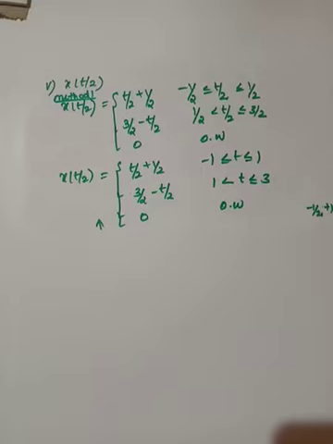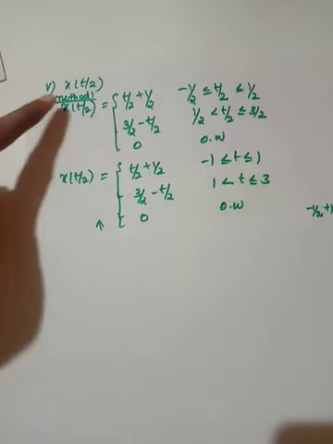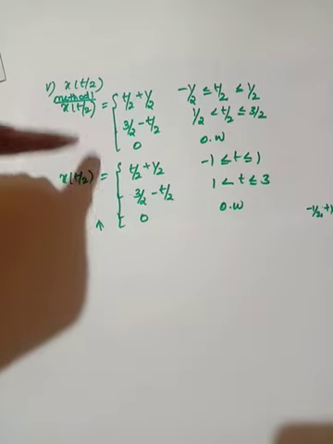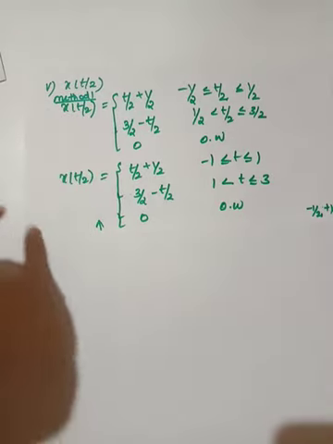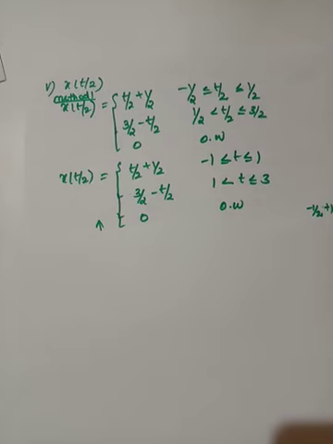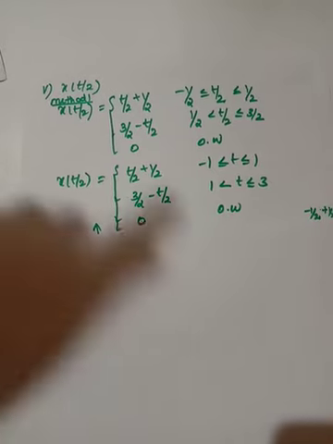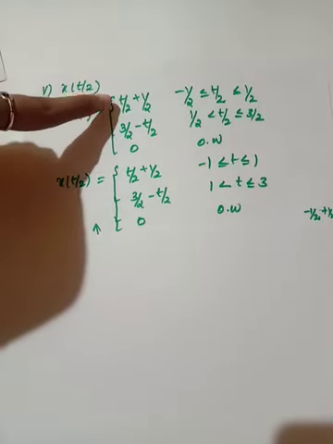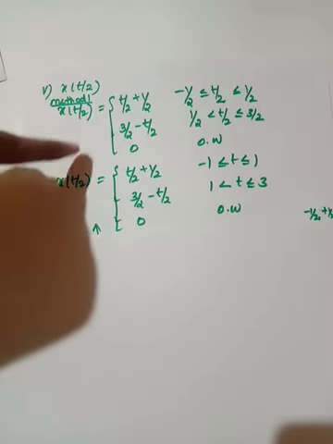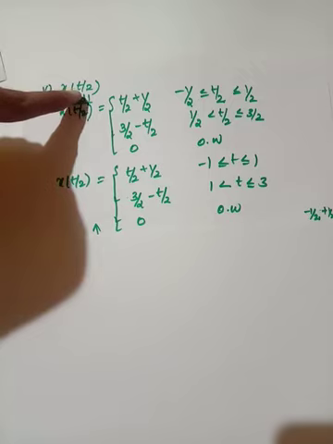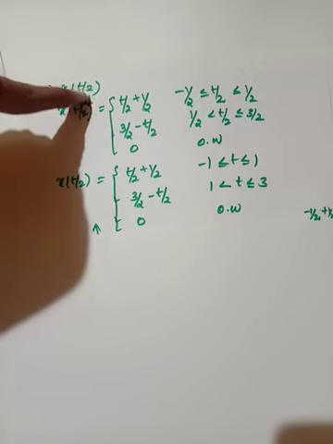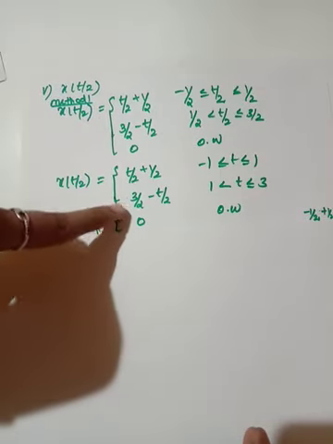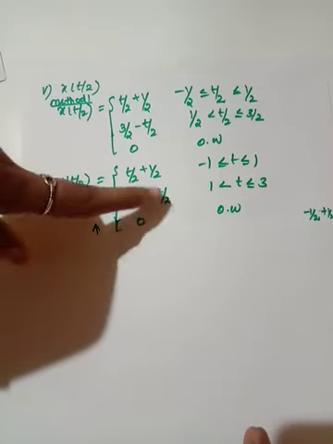So the next one is x of t by 2. After substituting x of t by 2, here you will get this term. Already you have done this in tutorial class, so there is no need to explain all these things. Now the next one is x of t by 2. So here it is time scaling, and you are already familiar with this time scaling. If the alpha value is in division, the signal gets expanded. So after substituting this in this equation, you will get this one.